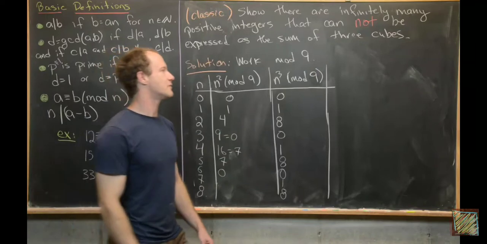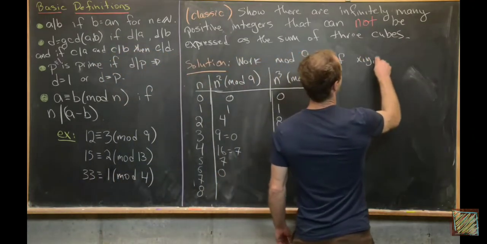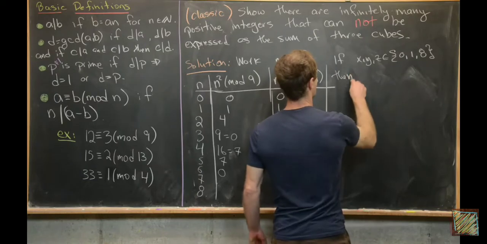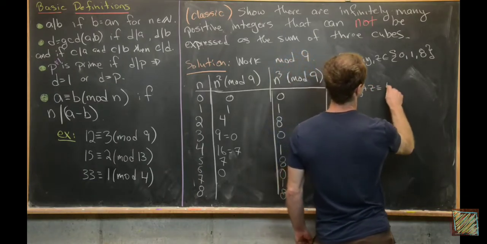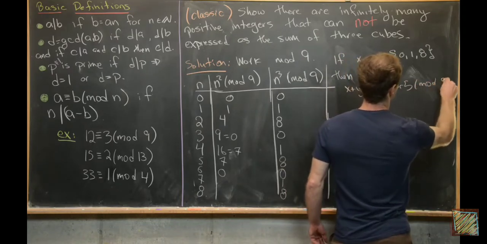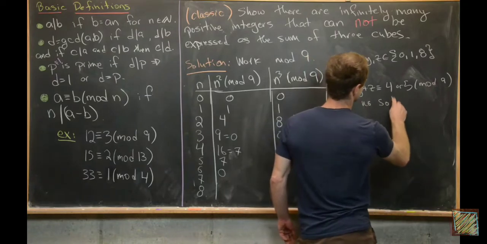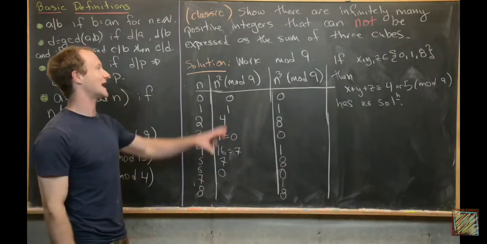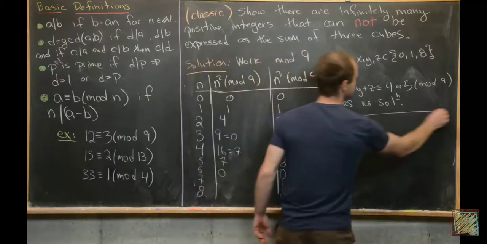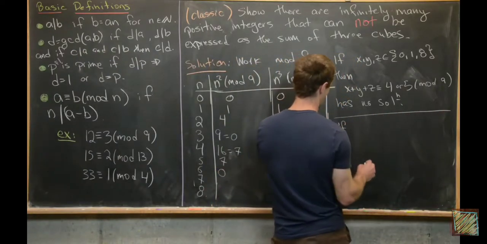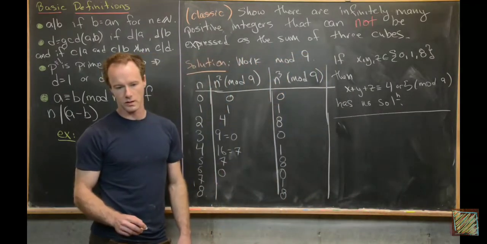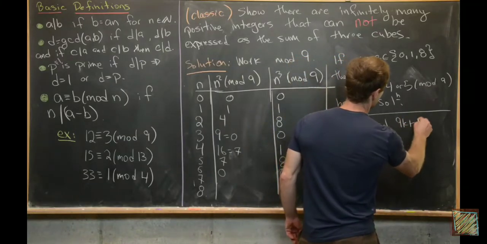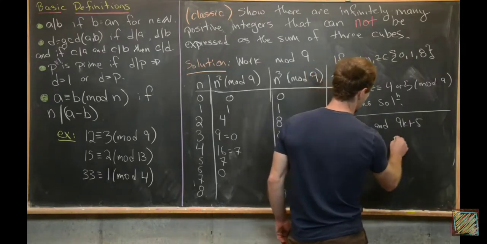So we can actually write this a little bit more carefully by saying that if x, y, and z come from the set 0, 1, or 8, then x plus y plus z congruent to 4 or 5 mod 9 has no solution. But what that tells us is that any natural number that is congruent to 4 or 5 mod 9 cannot be expressed as the sum of 3 cubes. So we can conclude this by saying that 9k plus 4 and 9k plus 5 for all natural numbers k